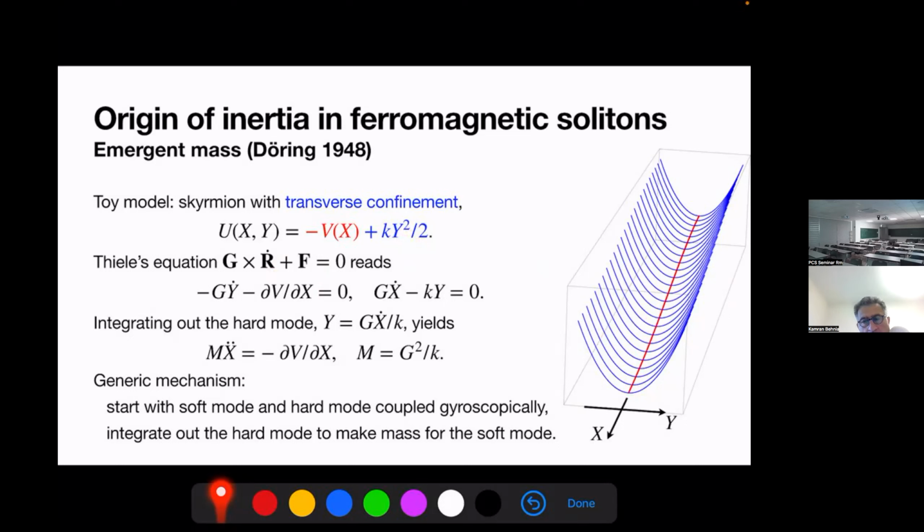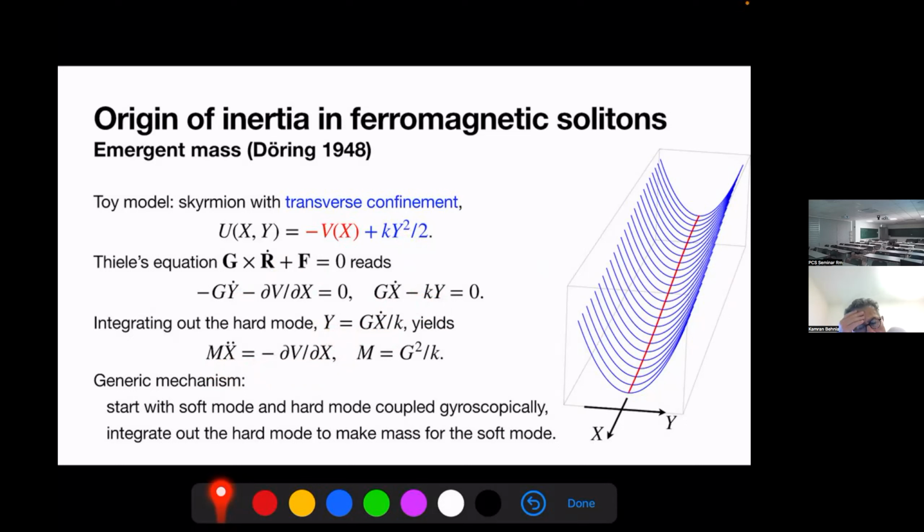that direction. So the y equation of motion is this, where the velocity in the x direction gives you a Lorentz-like force, and it's balanced by the restoring potential from the confining force. So you can integrate out y by expressing it in terms of the x velocity and plug it into the equation of motion for x. And doing so gives you massive dynamics for the x coordinate, where mass times acceleration is given by the potential